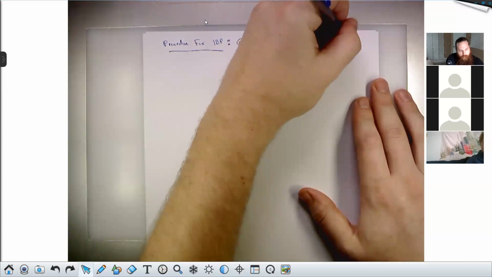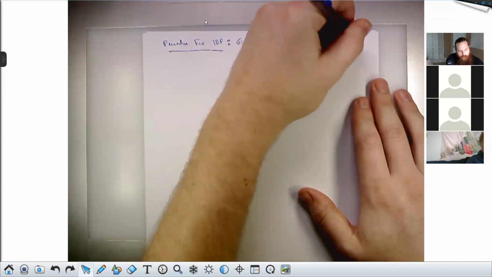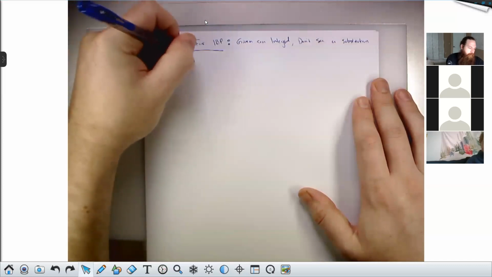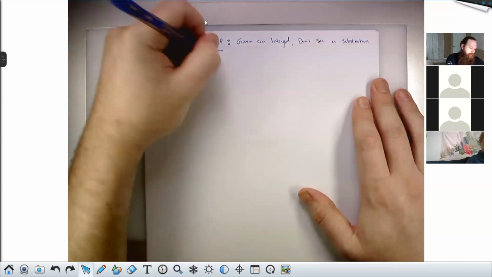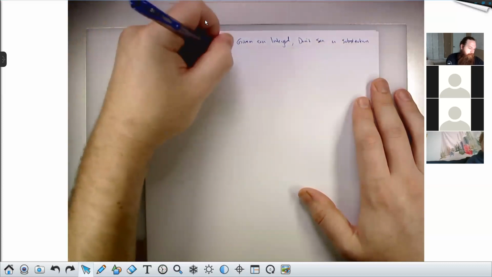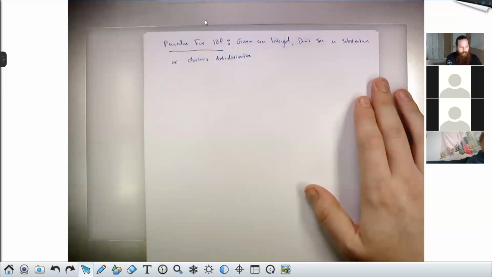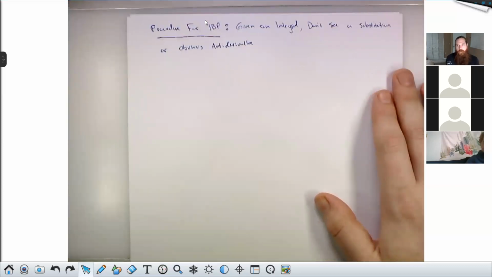You don't see a substitution or an obvious antiderivative. In other words, you're given an integral that you don't know how to do. It's not one of the things we've seen before. Then